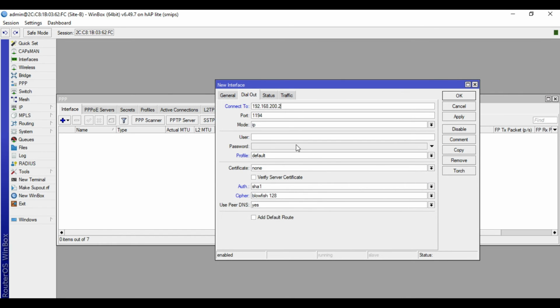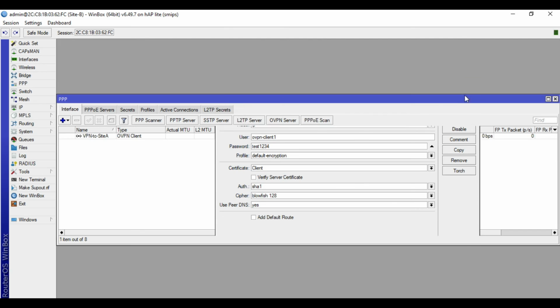Then for the user, what we created is OVPN-client 1. Then for the password, test 1234. For the profile, I'll choose default encryption. Then for the certificate, choose client. Leave the rest to default, click apply, then OK.